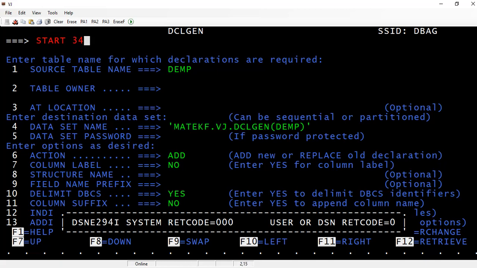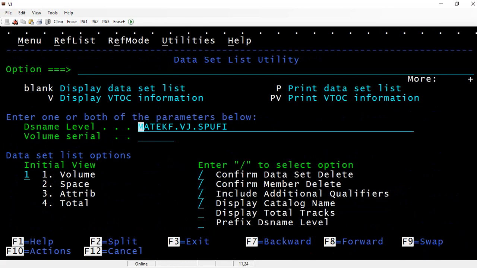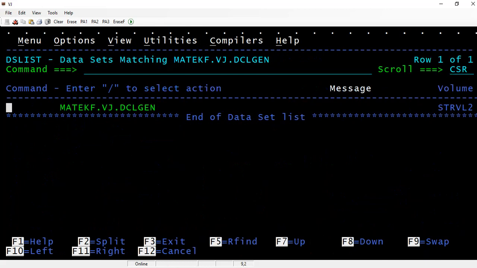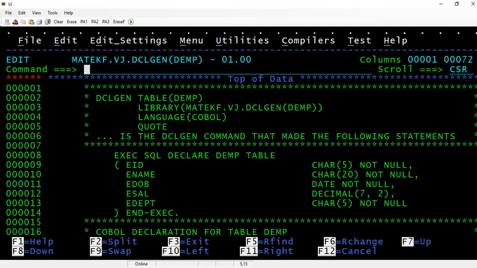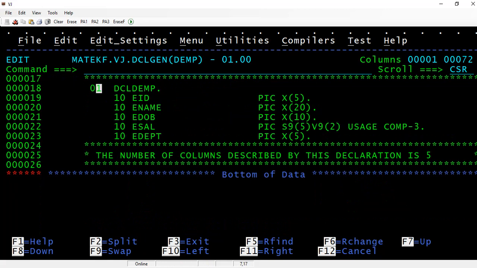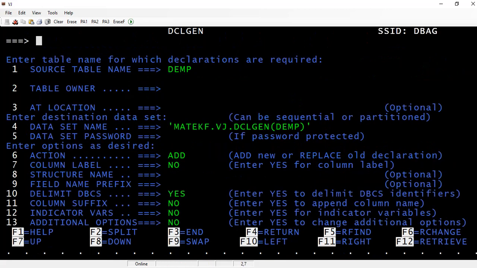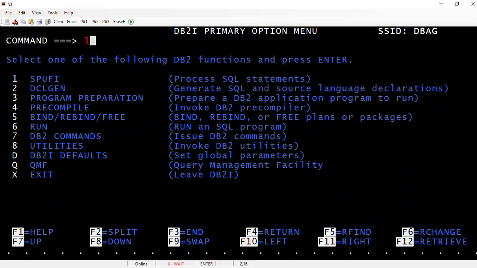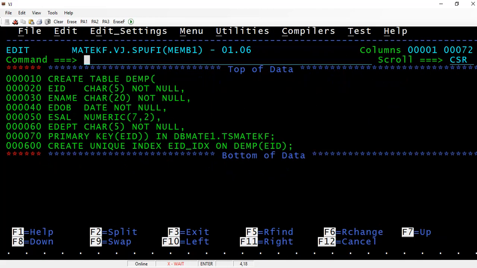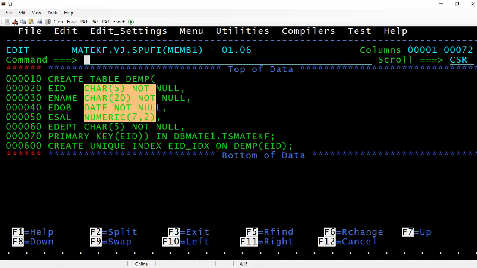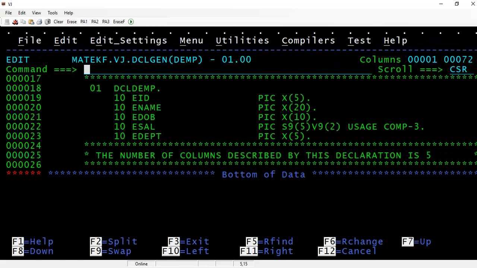Now let's go to 3.4 and see how it got created. Okay, so now you have this. Awesome, right? You can see that you have this particular DCL Gen created, the equivalent table properties of it. Let's compare this with this. You had the character, date, numeric, and this for the specific fields. When you look here,